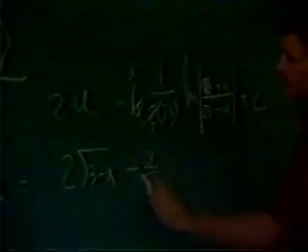So everywhere I have a u, I must put in the square root of 3 minus x. In doing so, I get 2 times the square root of 3 minus x minus, if we simplify this a bit, we note that 2 divides into both numerator and denominator. I have 3 over the square root of 3. And if you wanted, you could rationalize the denominator, multiplying both top and bottom by the square root of 3. This would be 3 on the bottom. This would be 3 times the square root of 3 on top. Reducing, that would simply be the square root of 3